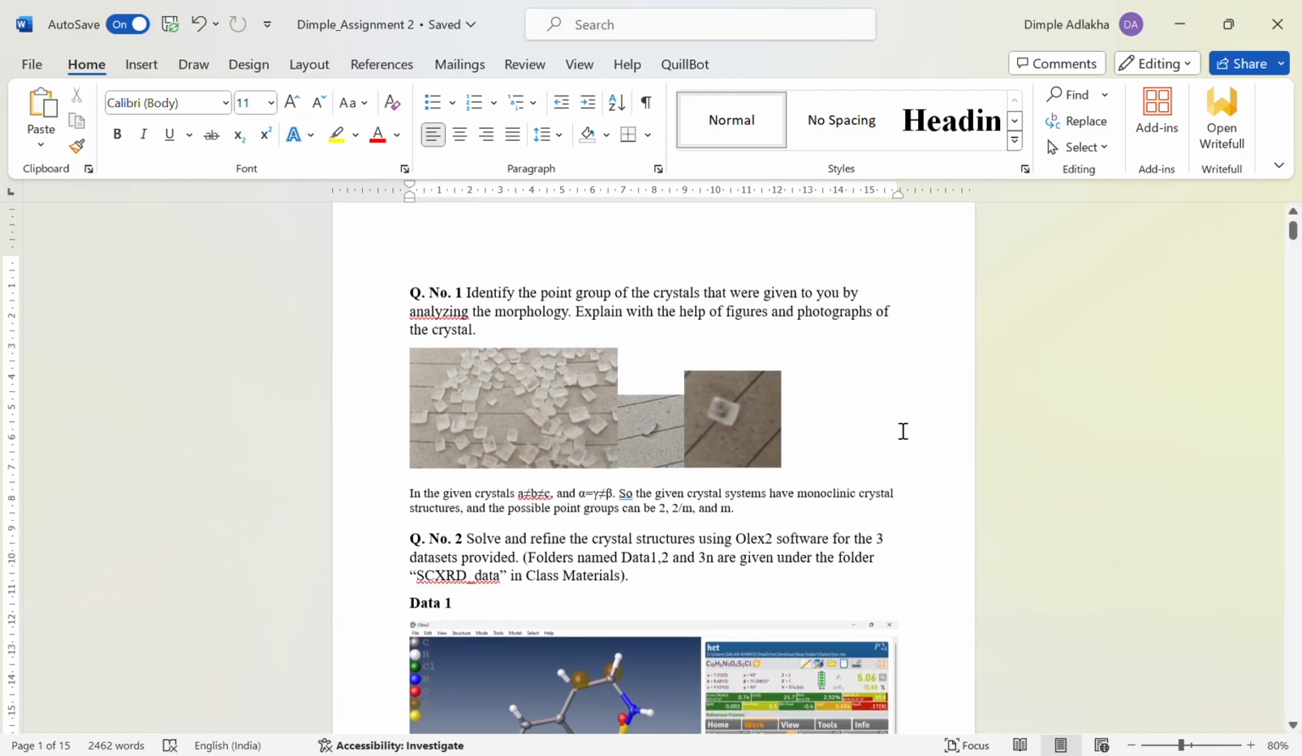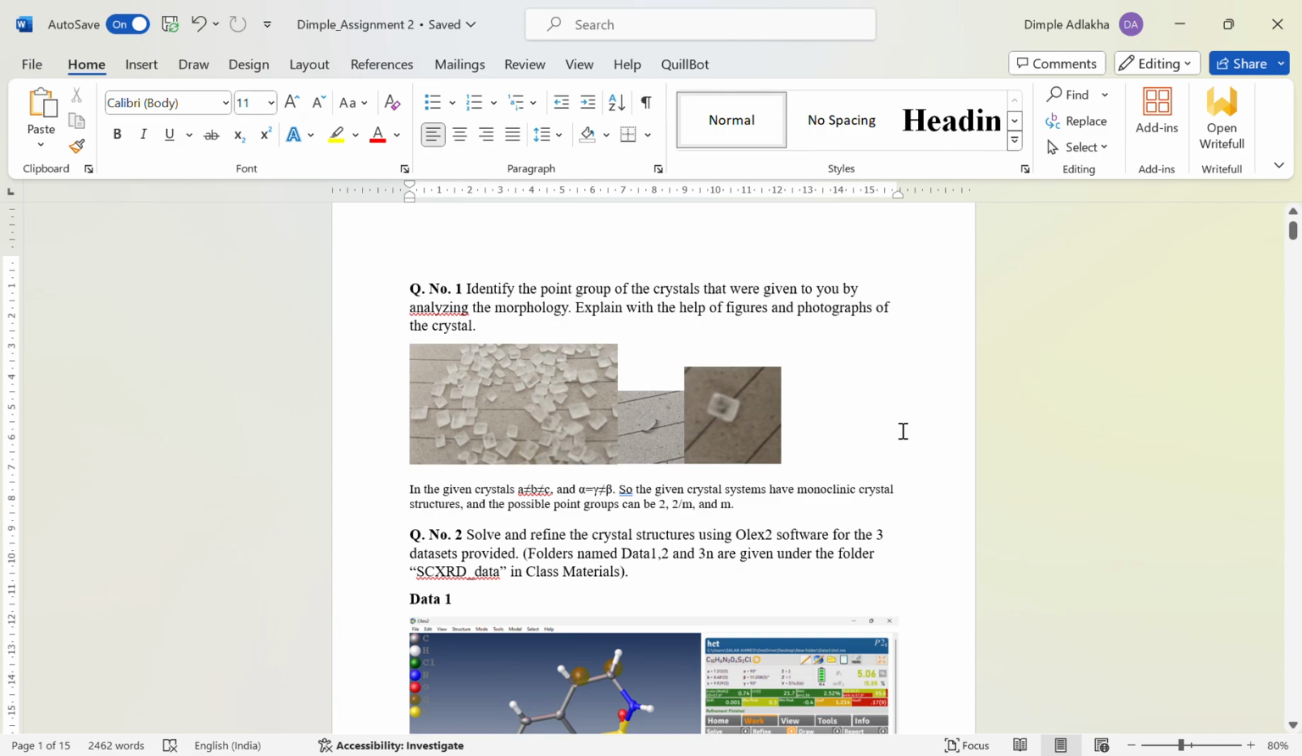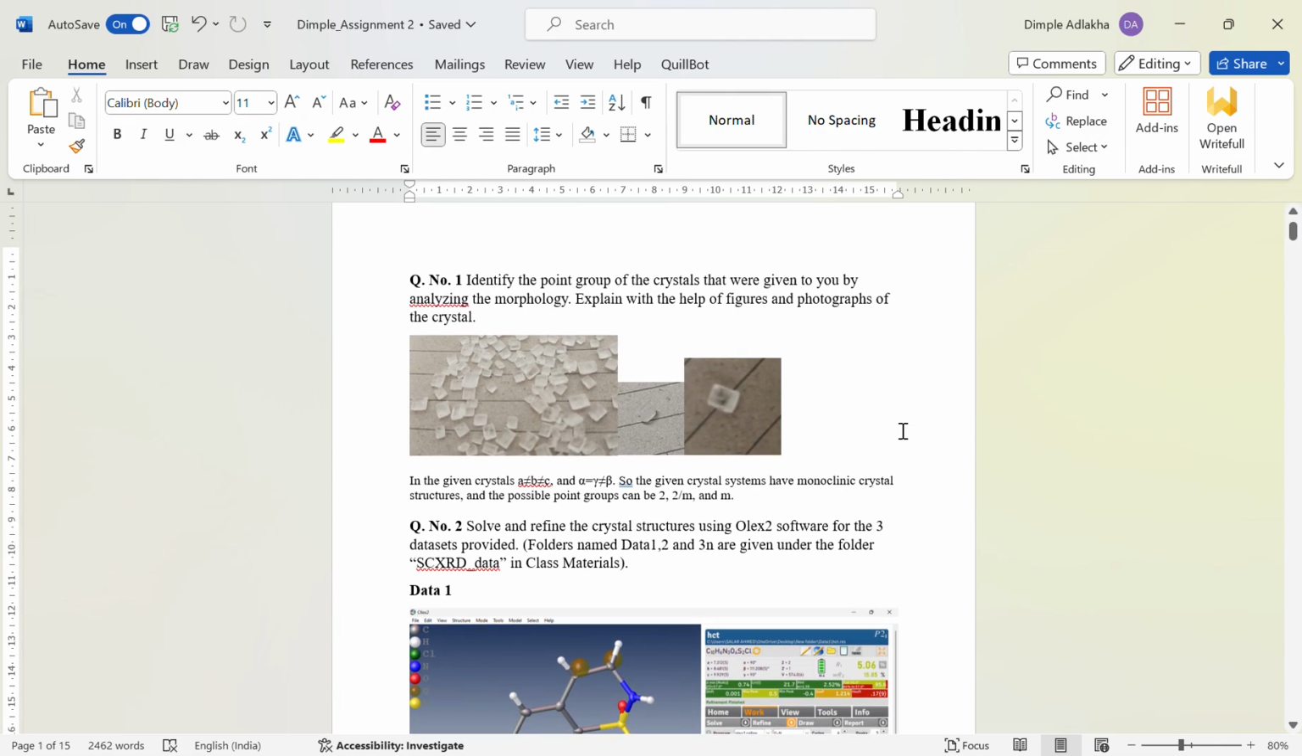The question number 1 was that we have been given crystals and we have to assign the point groups of the crystals by analyzing the morphology of the crystals. So we have taken the photographs of the crystals. As we can see from these photographs,